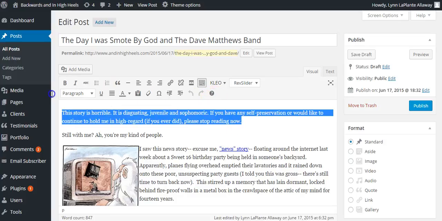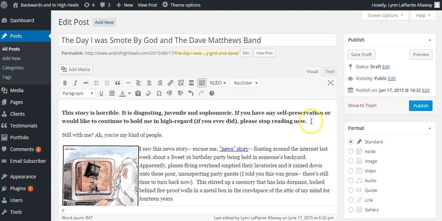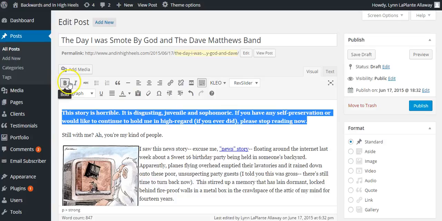So let's say you want to make this text bold. You just highlight it, click bold, and it'll be bold. And if you want to take it back,